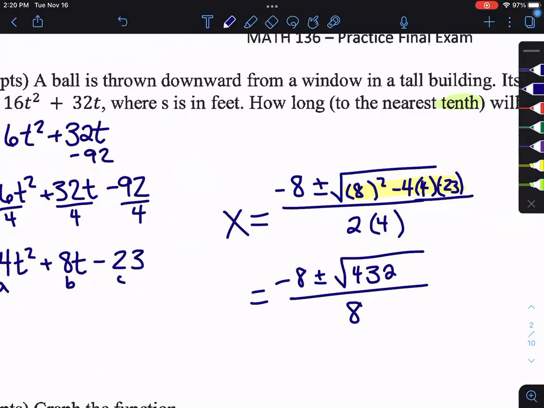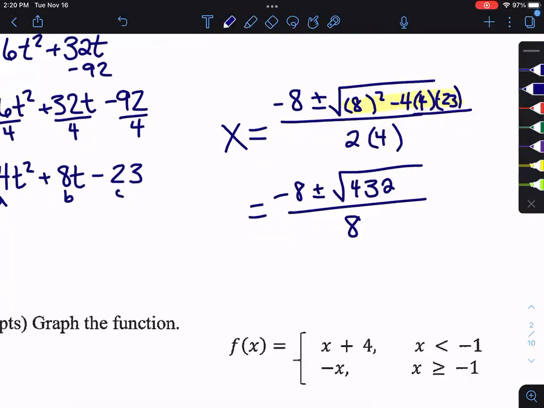So now we have negative 8 plus or minus the square root of 432, all divided by 8. We can go ahead and figure out what these equal. If we use our calculators appropriately, we put this in parentheses, we can actually type in the whole thing. So negative 8, I'm going to do plus first, the square root of 432. I'm going to close my parenthesis, and then I'm going to divide that by 8. That's going to give me